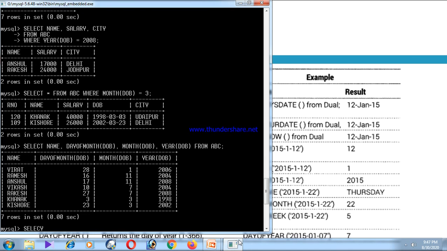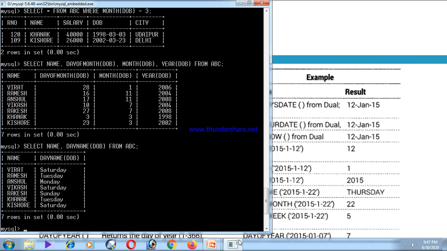Select name, comma, dayname DOB from ABC. Check this one. It generates the weekday of each and every employee based on their date of birth, right? So these are single row functions that affect each and every record of the table.